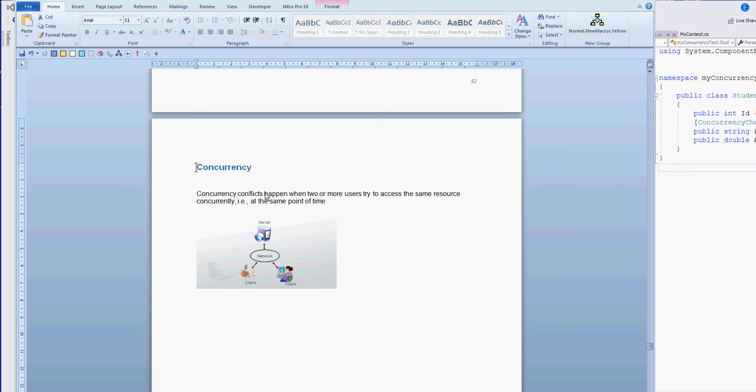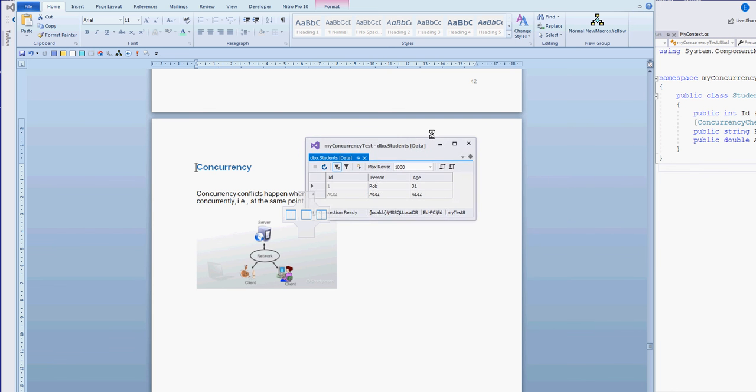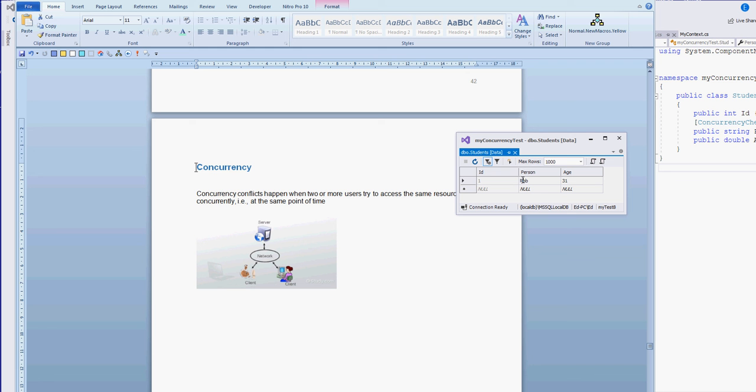Concurrency conflicts happen when two or more users try to access the same resource concurrently. So we've got two clients which are trying to access the data on the server, and they might be trying to change one record simultaneously. For example, if we have a table here and two people are trying to change the name of the student to different values at the same time, what do we do to